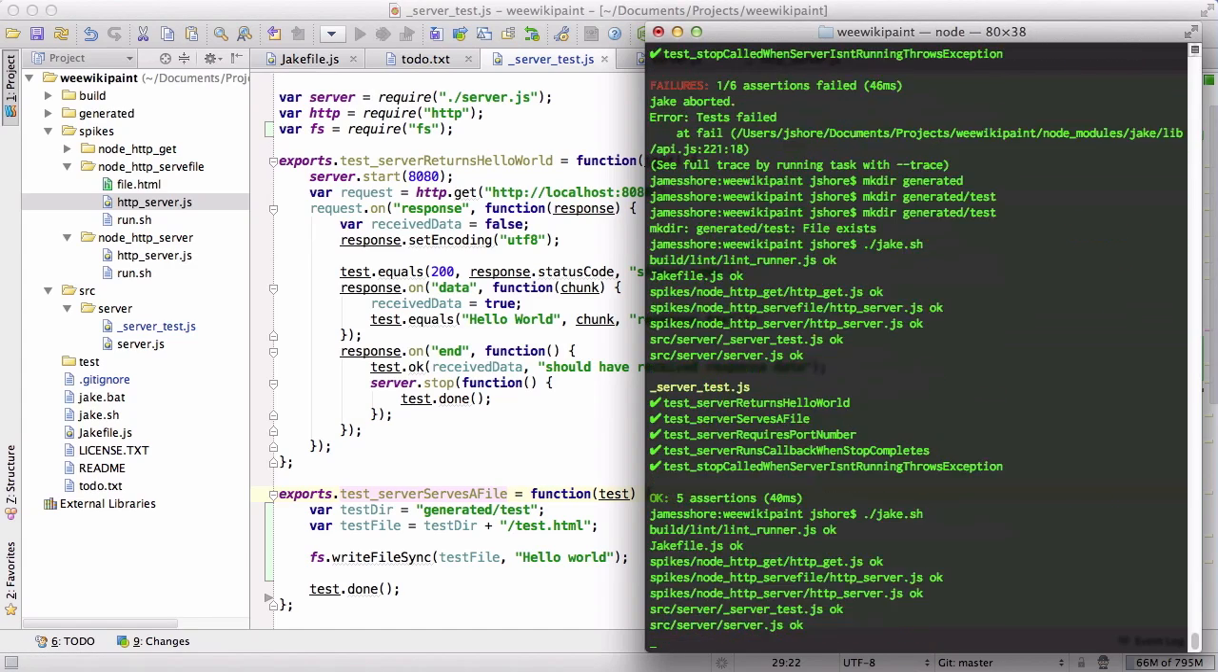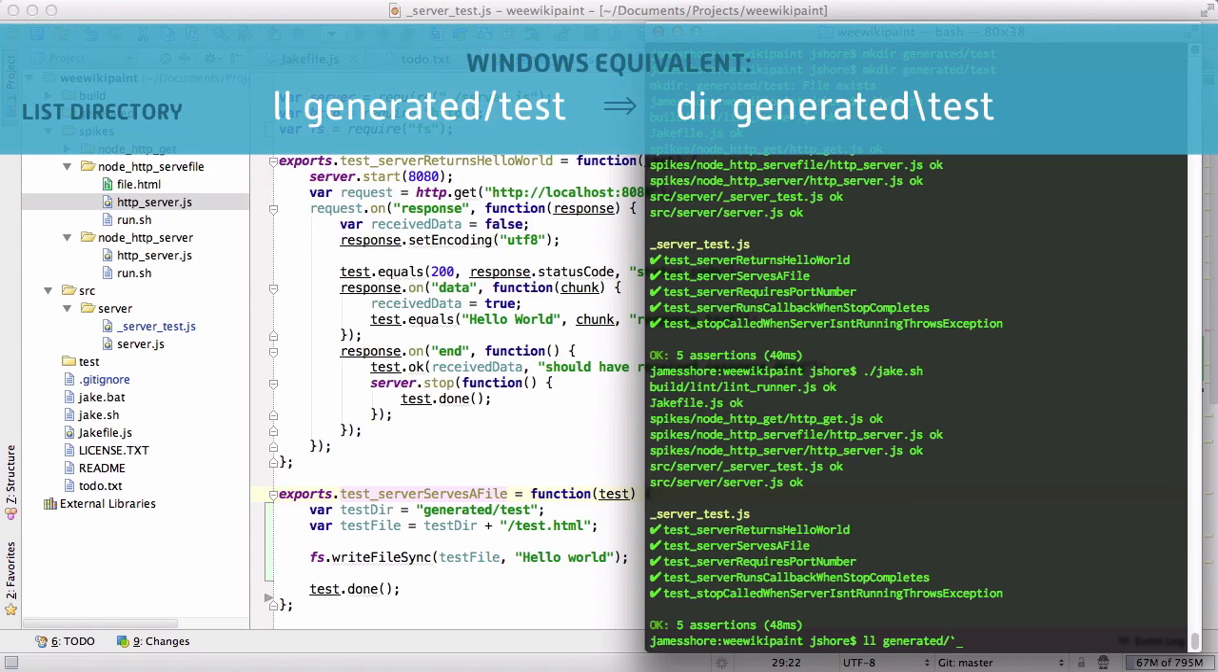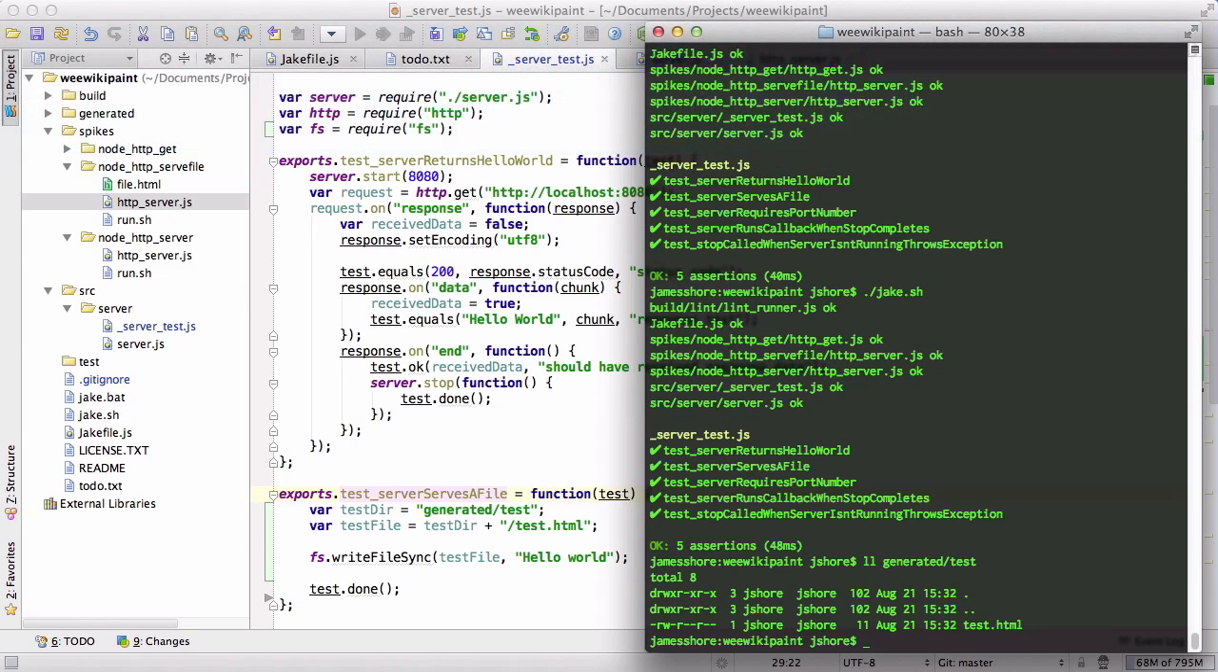Yeah, now it works fine. Good. And if we look at that, then there it is. Okay, good. Now, another option would be to, rather than create it in the generated directory, to put it in